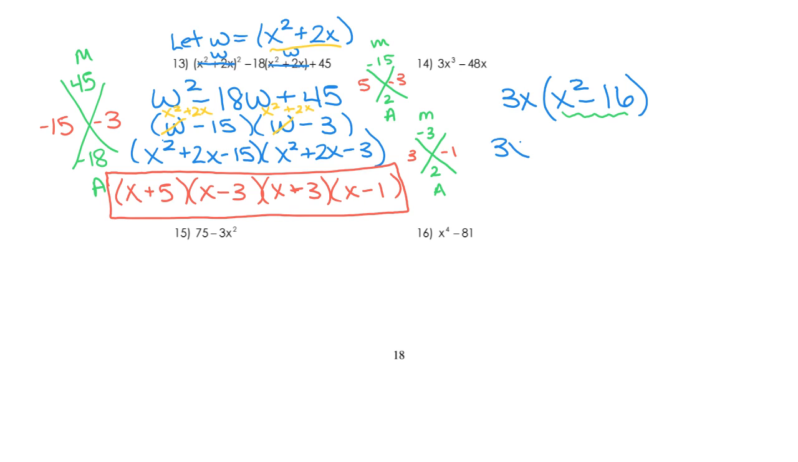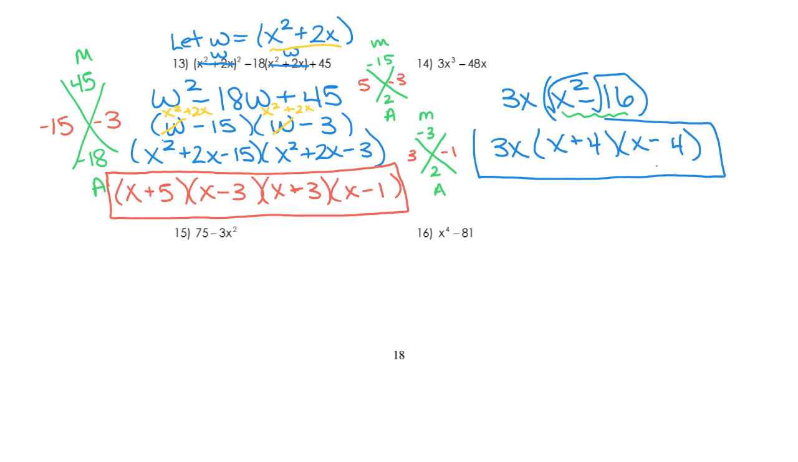Bring down the 3x, 2 sets of parentheses. X squared gets chopped into x and x, and 16 gets chopped into 4 and 4. And none of those factors can go again, although a lot of people will look at this one a little bit longer at the end here because that is a difference. 4 is perfect. However, that does not have an even exponent on it,